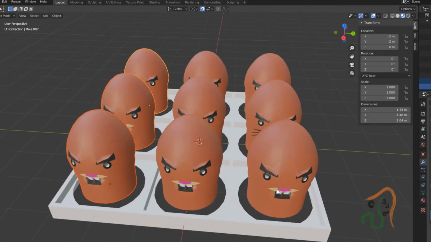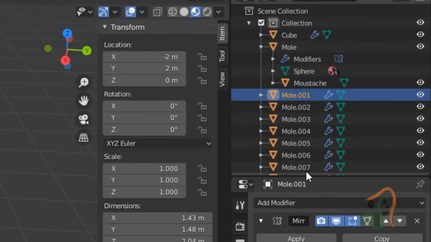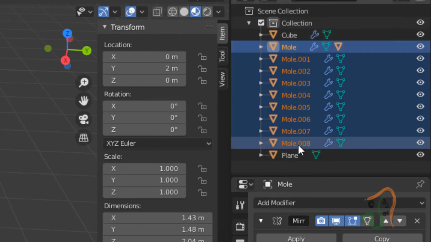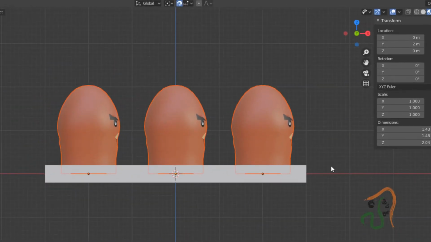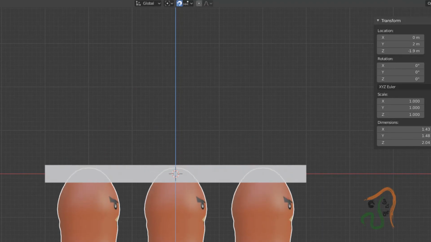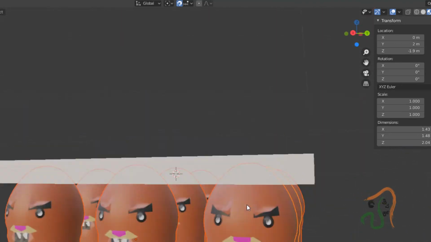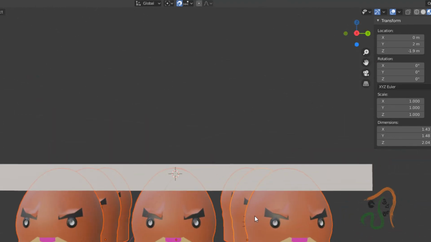And these moles, initially they will be down. So now select all 9 moles here, from mole to mole 8, select all and come to front view, and now press G, and along the Z axis if you move it down, it is going to sit down like this. So when it is like this, it looks very odd if these moles are sitting like this.